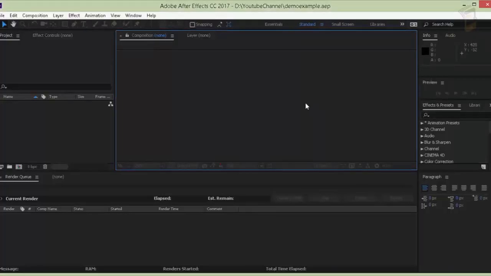After saving the project, let's move on to the interface of After Effects. This is the interface of After Effects. The interface of an application displays the core components available in the application. The After Effects interface is termed the application window. The After Effects application window is divided into several different sections known as frames, and each frame contains one or more tab panels